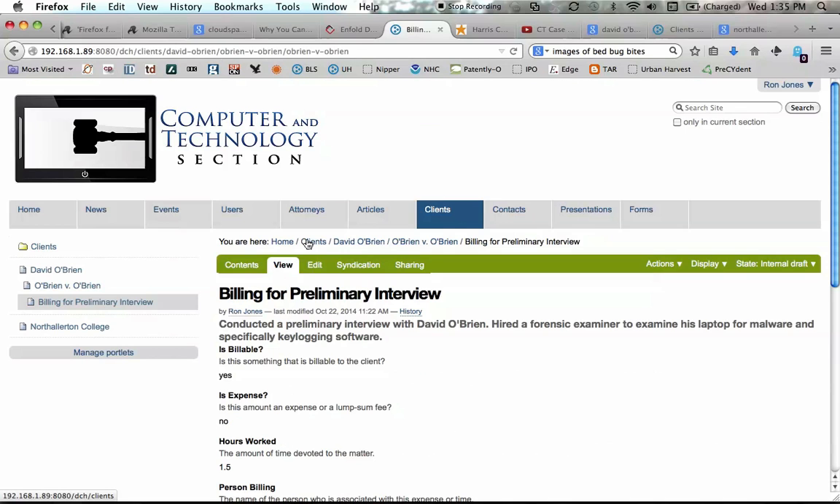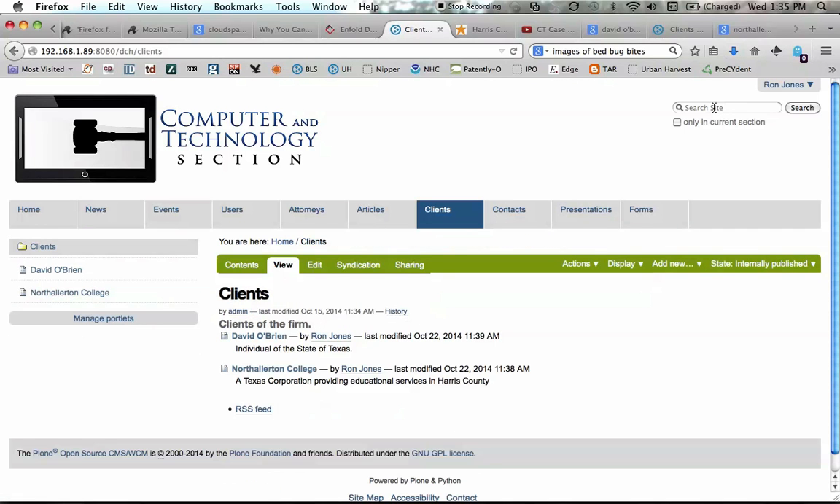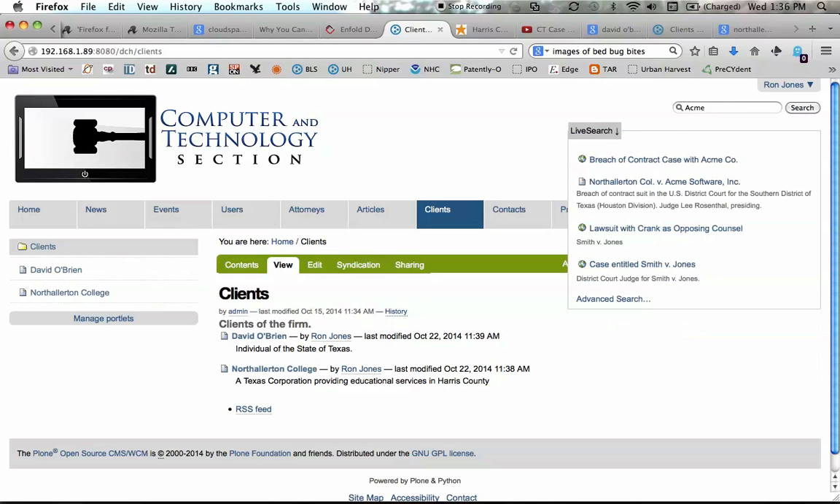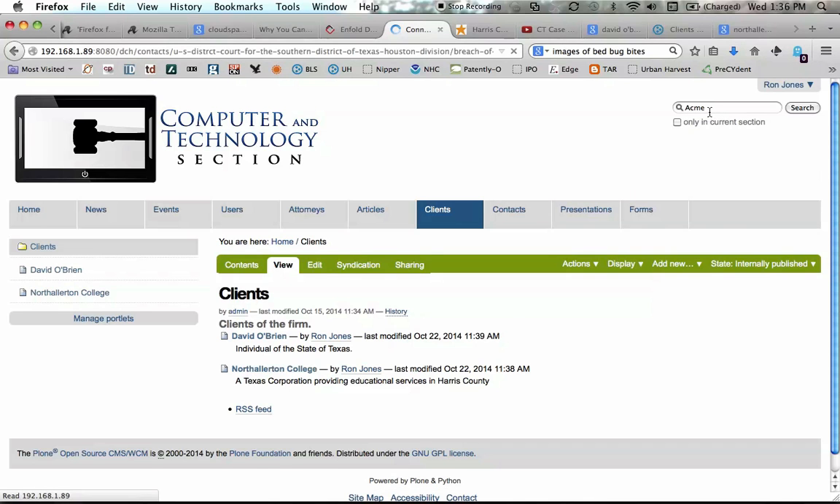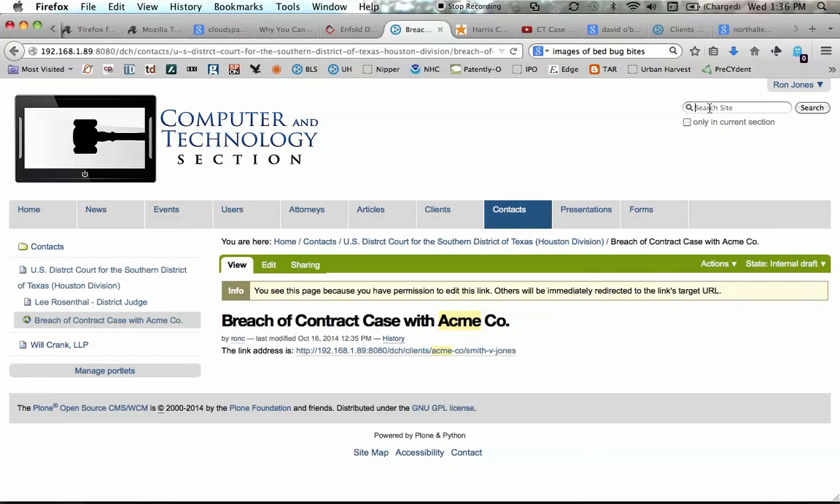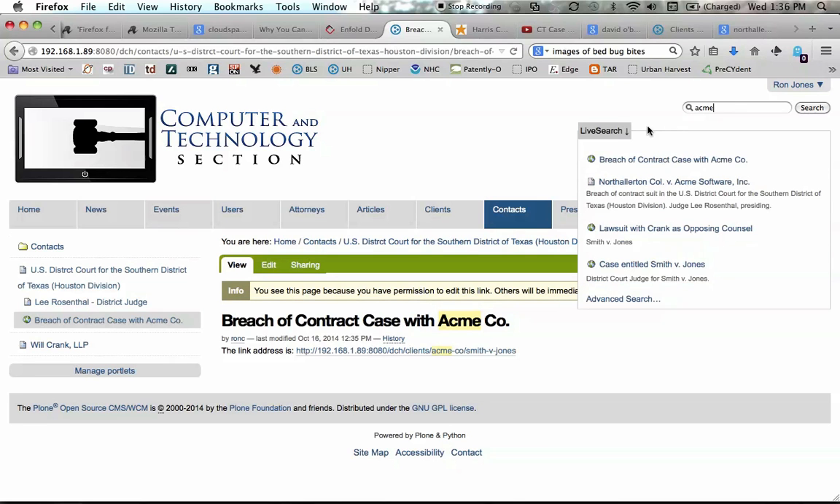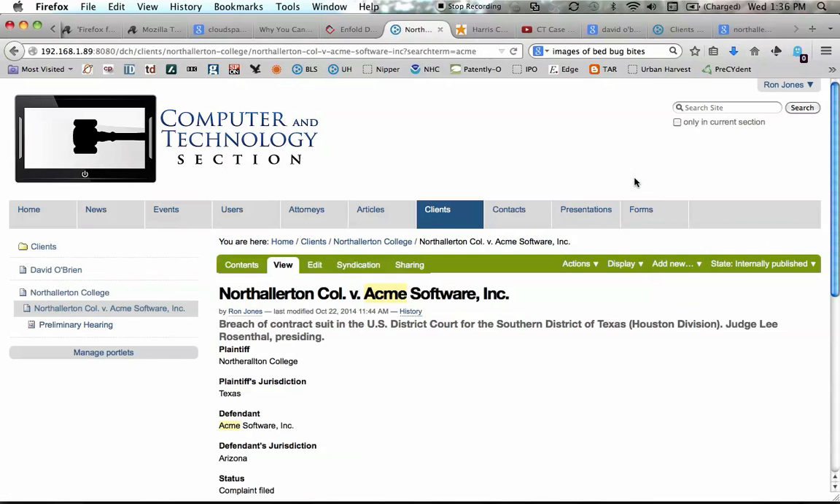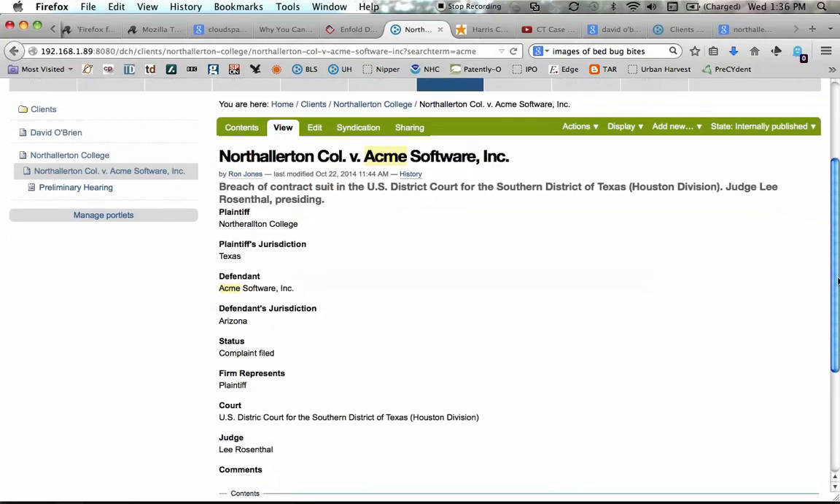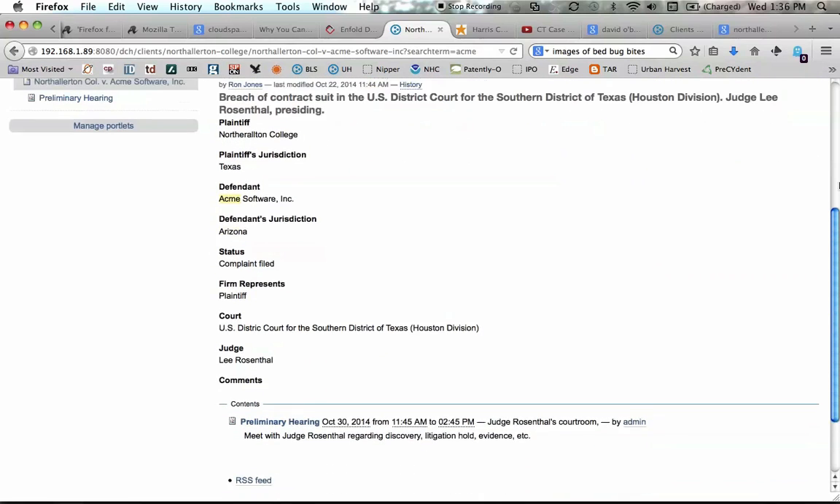And then I can go back up to clients, and actually I'm going to be lazy, and I know the other litigant was, I think, Acme, and sure enough, there's a breach of contract case with Acme, and then there's a link, and I'm going to go back with another one, Acme. If you notice, this live search is really cool, and there's actually the case with my client. And so I can go in and have hyperlinks to the court, or